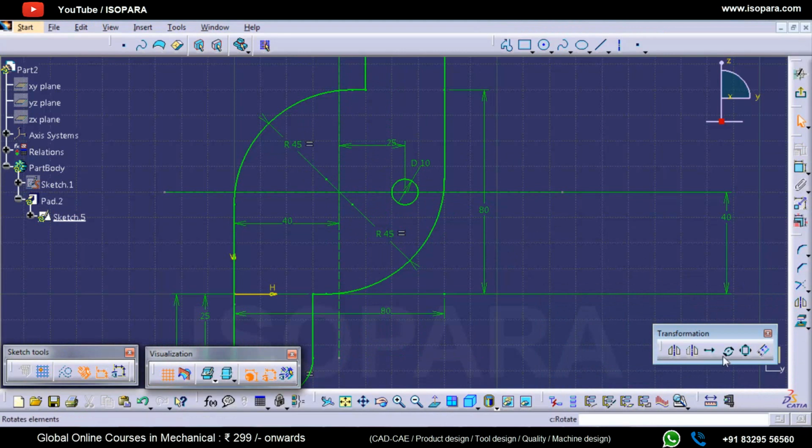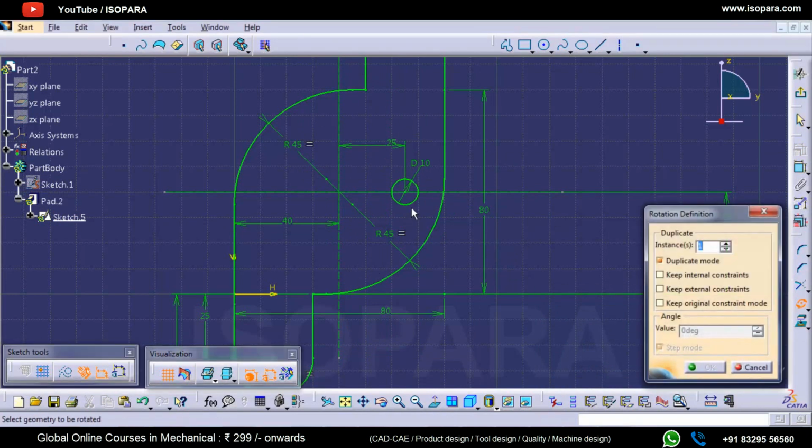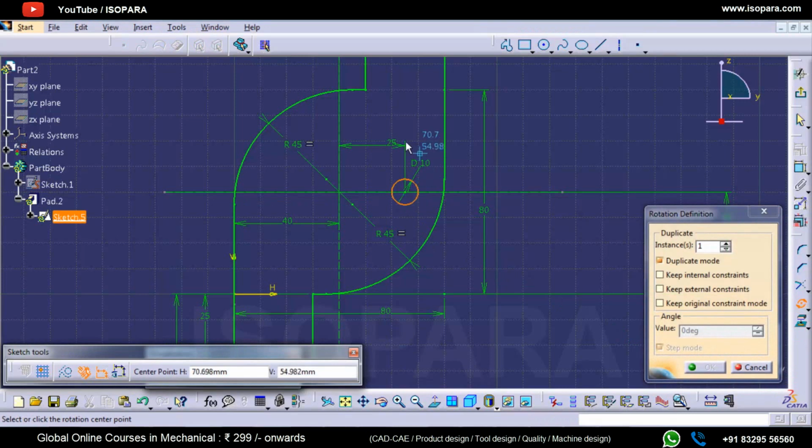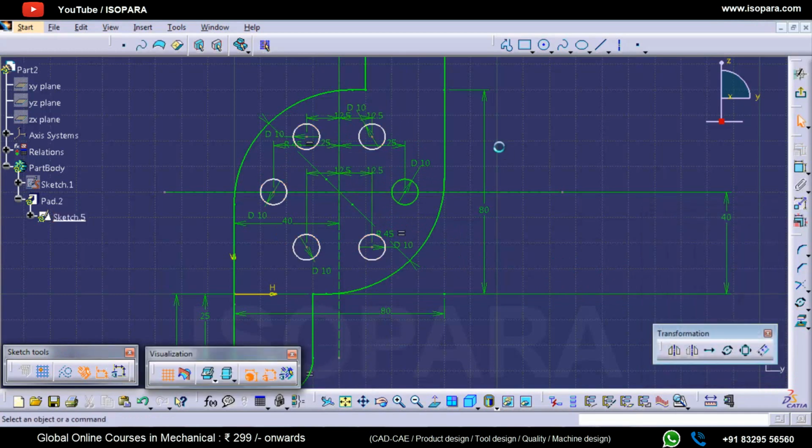Now if I move further to rotate and select this one to be my rotation, and I want 5 more, and we'll select all these options: keep internal constraining, keep external constraining, keep original constraining mode, and we select the center and the location, and we'll try to move these 5. So at 60 degrees, if I select like this, still these are not fully constrained.